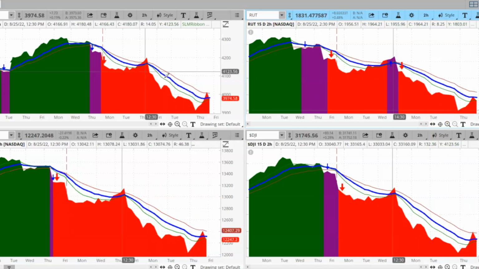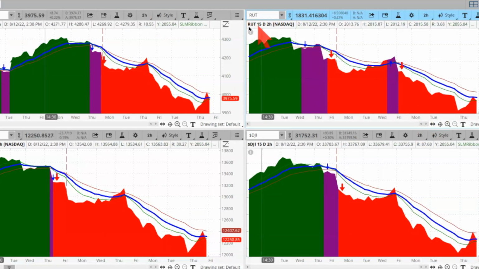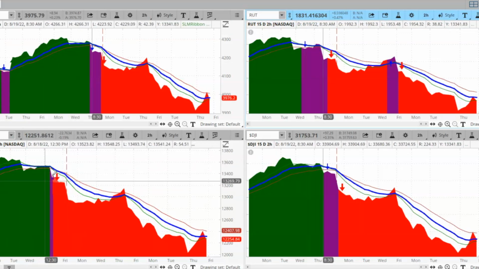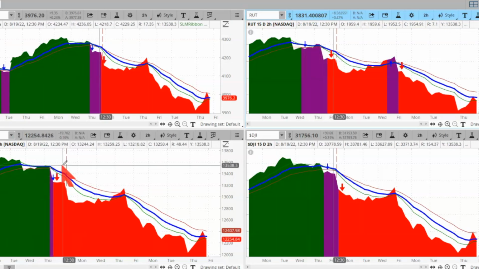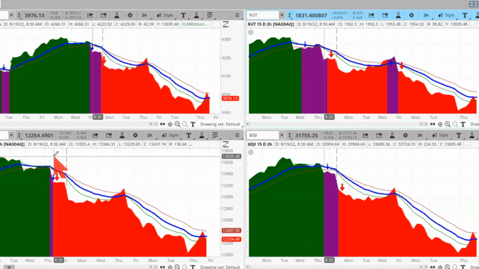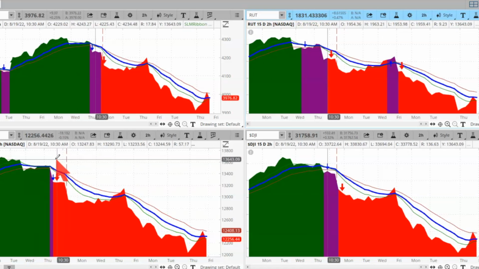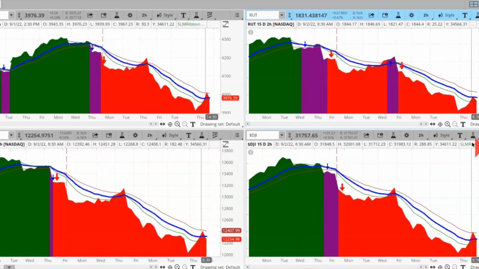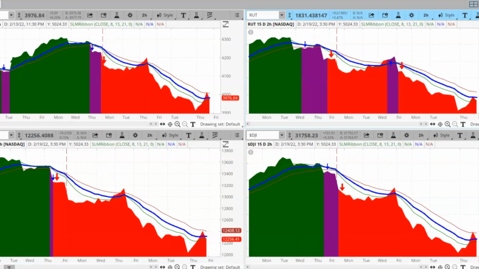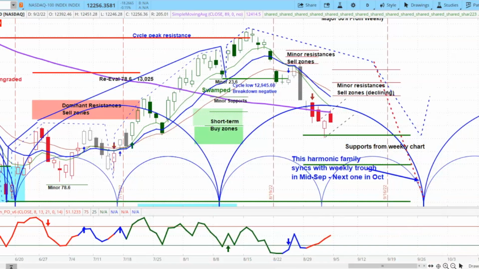So these are 2-hour charts on the S&P 500, the Russell, the Nasdaq, and the Dow. Notice here that the earliest downward turn was on the Russell, so that gives you some indication of how you can get some sense around the market was peaking in there. And now, of course, we have quite negative conditions looking at these 2-hour charts. Again, here is the daily chart on the Nasdaq, which says rallies will continue to fail, and there is